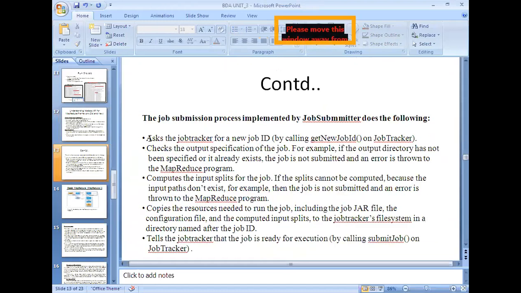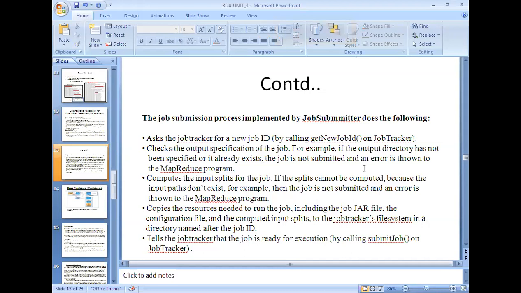If we submit a job, it asks the job tracker for a new job ID, because each time you submit a job, the same data node may execute many maps as well as many reducers, right? So that is the reason whenever you submit a job, a new job ID needs to be created by the job tracker.